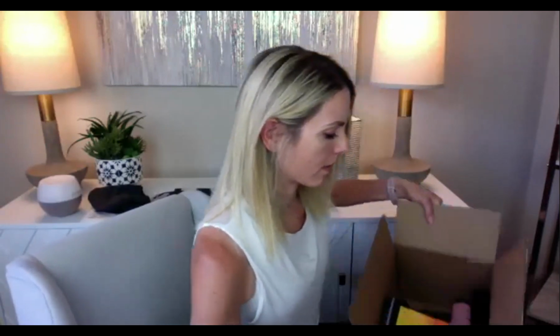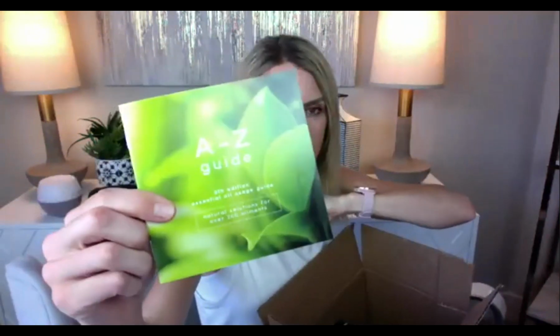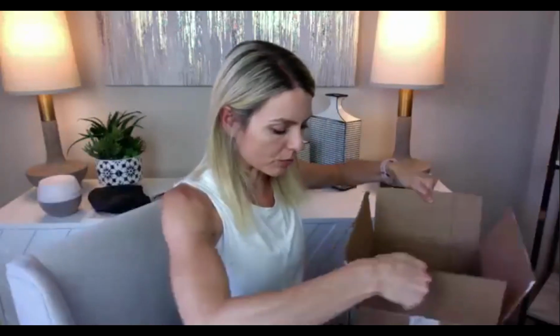Now, this is what I would personally do. From Oil Life, you can buy a package of these. They're called A to Z guides. They're super little. They fit in an envelope really well. They have like 150 different ailments in them. So I would personally do an A to Z guide, a couple empty roller bottles,